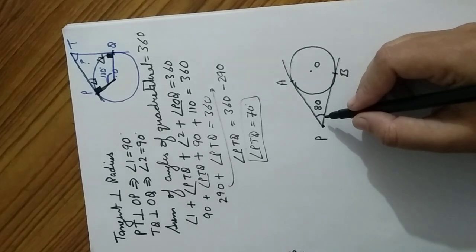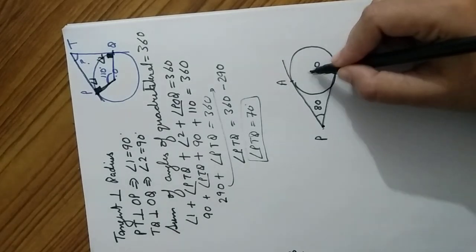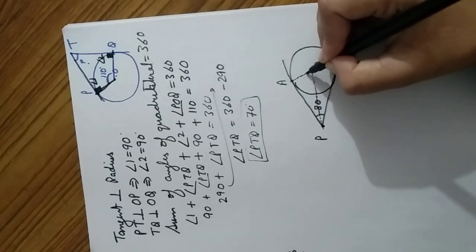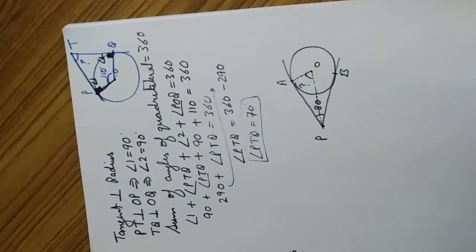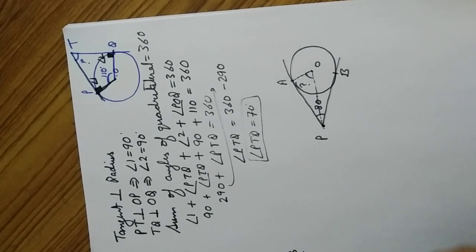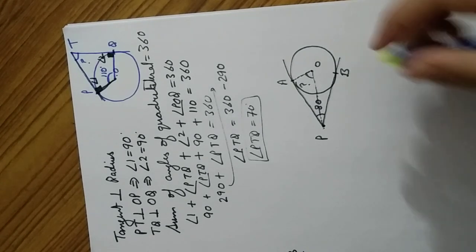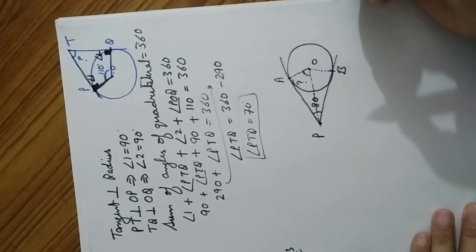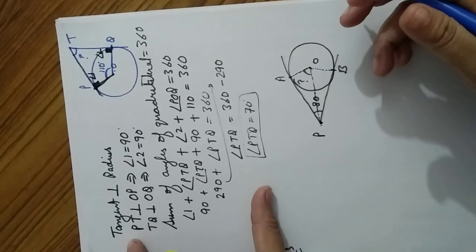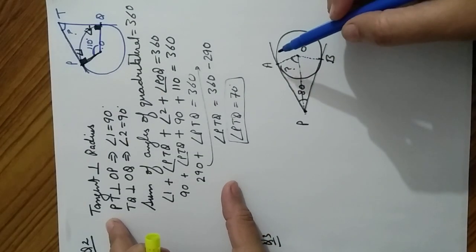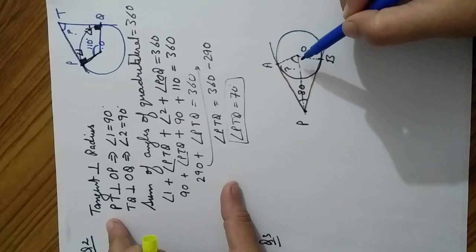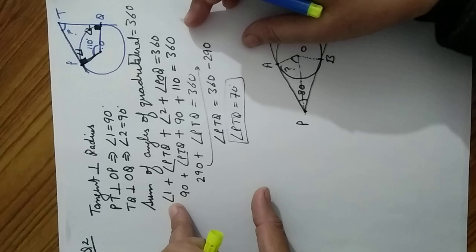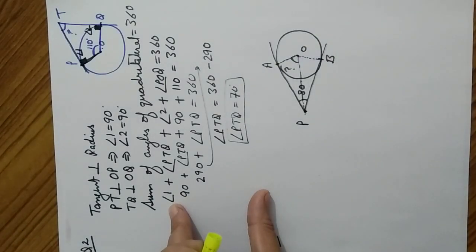We have to find angle POA. So it means I have to join this also. We have to find this angle. So let us start. First of all, I will join OB also. So the method is the same again. First of all, we will do this part again. Firstly, I am going to find the value of angle AOB by using the angle sum property of a quadrilateral. Or you have another method also.